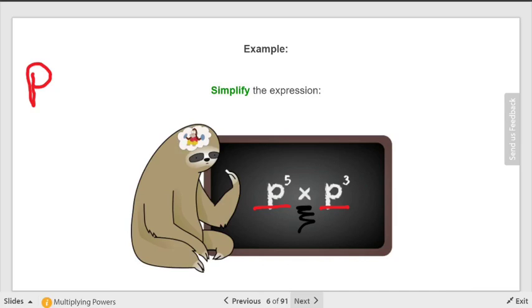So what are the exponents? 5 plus 3, which gives me a completed answer of P to the 8. There you go. See how easy that is? Now, but,